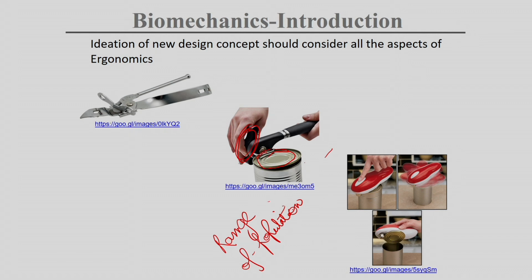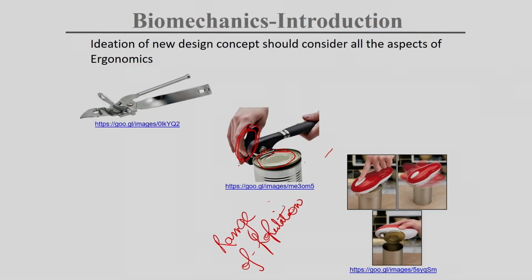So, we have to understand how much one elderly person can exert or how much a kid can exert. If that is sufficient to open this can,